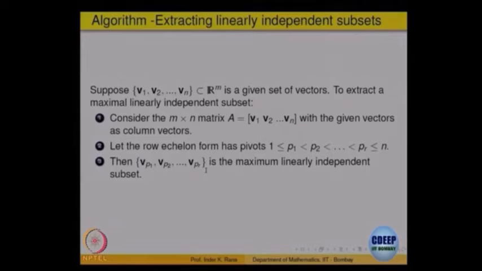Those columns, that collection, is the maximum linearly independent subset, and this we have verified in one example. This can be put on a computer, because matrices can be put on a computer. All computation of reducing to row echelon form is pre-multiplication by matrices. So, a machine can do that job, but in the exam we will have to do it ourselves. So, this is one algorithm.